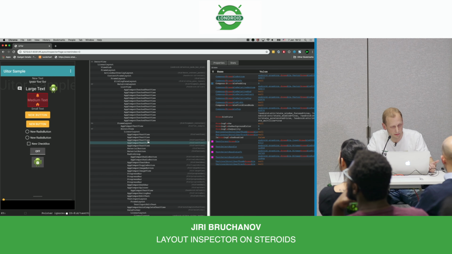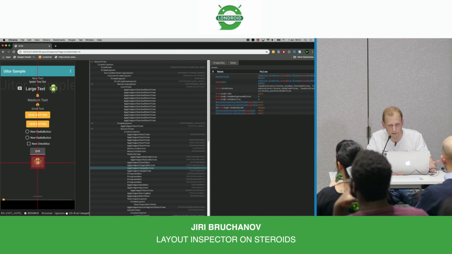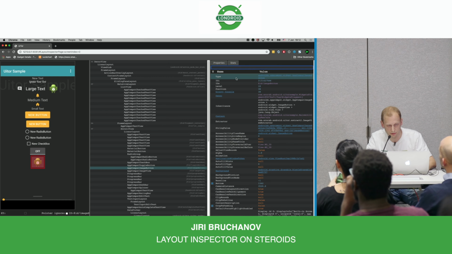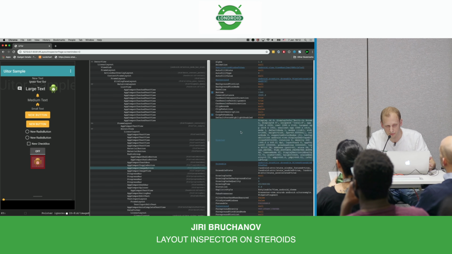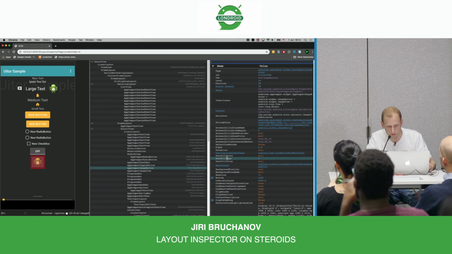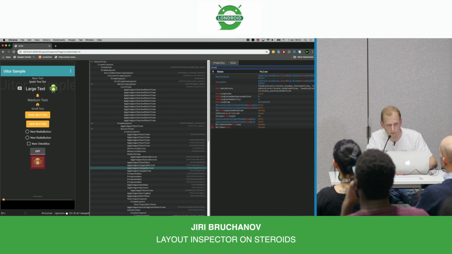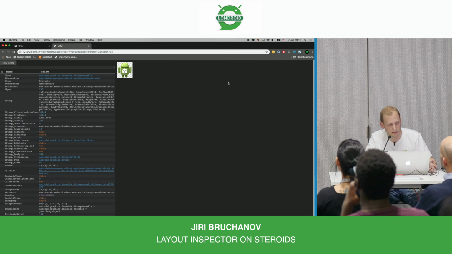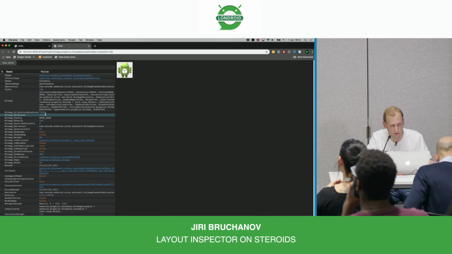Similarly, for example, there is an image button. Again, all potentially important properties you want to see. Background, and again, let's say a drawable. If you want to open it, as you can see, it's a bitmap drawable. You can immediately get details about the bitmap, color space, how much memory it needs, intrinsic size, bounds, anything